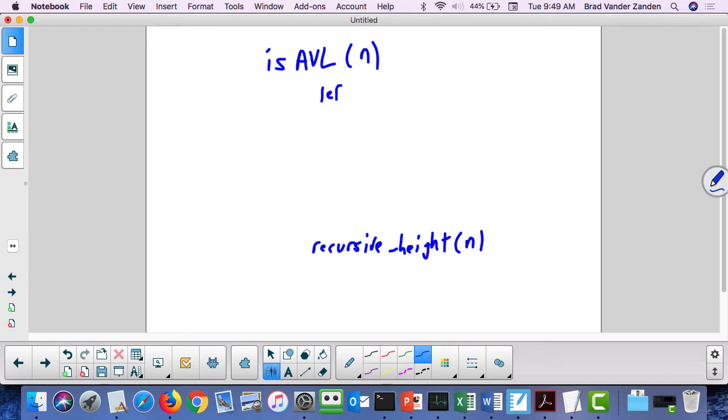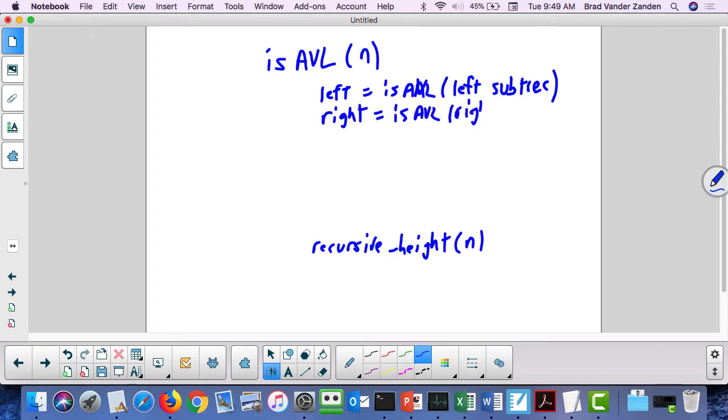So they may be doing left equals isAVL on the left subtree, and right doing the same call on the right subtree, and checking to see if the two are AVL trees. If one of them isn't, you already know you're not an AVL tree, so you simply pass the